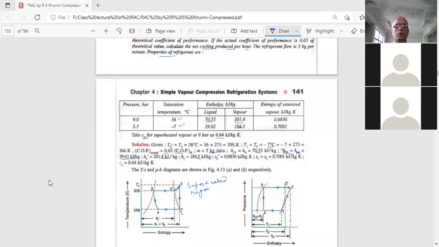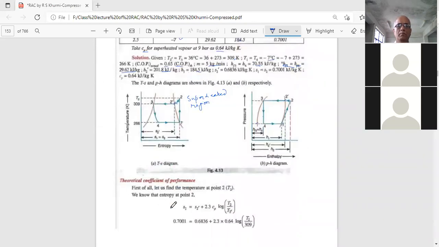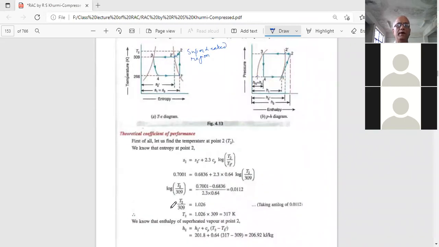Next, let us first of all find the temperature at the point 2. So we have to find out what is the temperature T2. We know T2 dash, we know T1, but we don't know what is the superheated temperature T2. So from the relations of the entropy itself, S2, the entropy at the point 2, is equal to S2 dash, entropy at the point 2 dash, plus 2.3 into Cp,